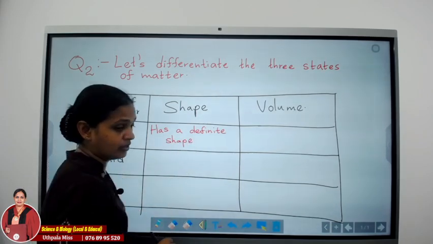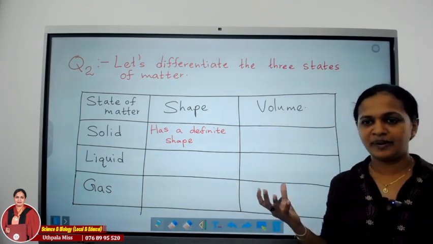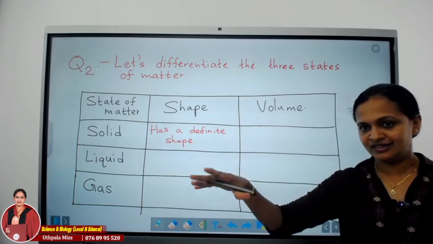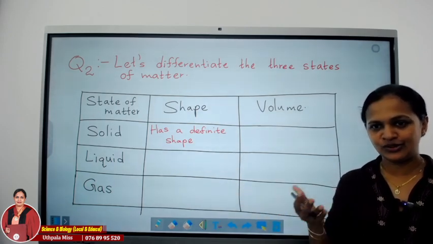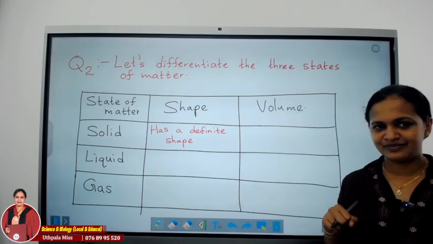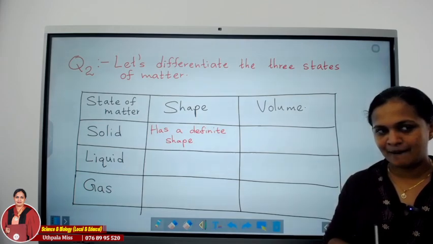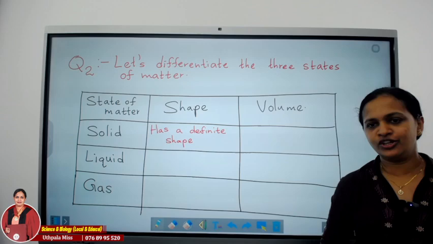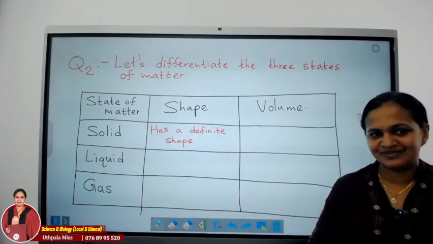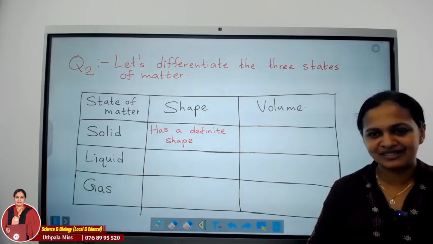What about the volume of a solid? You are packing eggs in a container, or you are packing certain bricks in a given hole, or a storeroom. So, do they have a definite volume? Or can you change the volume of a solid? Yes, teacher. We can change the volume of a solid. How? Can you give me an example? By making it bigger or smaller. Like a brick.